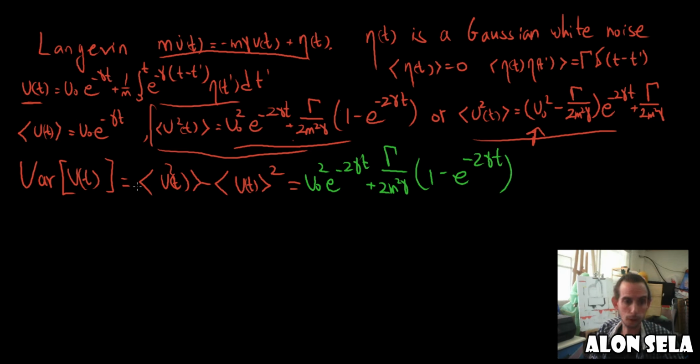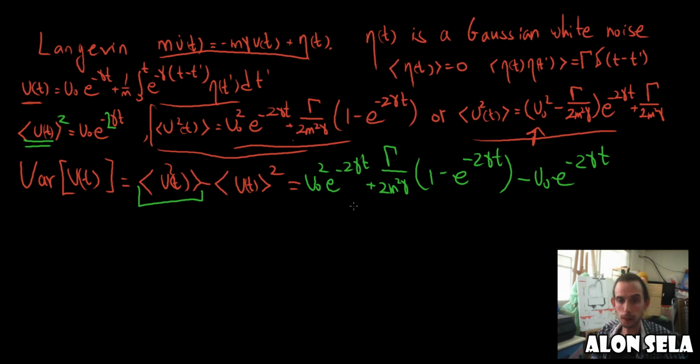This is for the expectation of the squared velocity minus the squared mean of the velocity. The mean of the velocity is this, so we need to square it. Squaring it is basically putting a 2 here. So we have minus v naught e to the minus 2